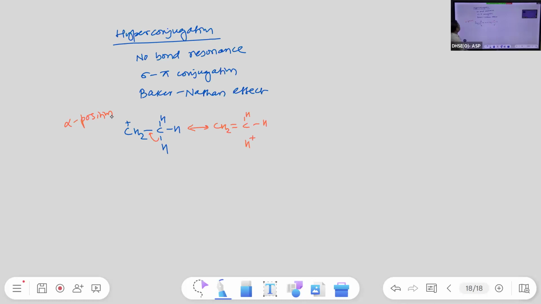In resonance, wherever there is conjugation, delocalization takes place, but hyperconjugation is restricted only to the alpha position. It is not even supposed to take place in the beta position. It is restricted only at the alpha position. All of you got this? Okay, then the alpha hydrogen at the alpha position,